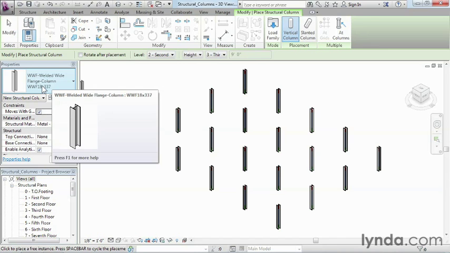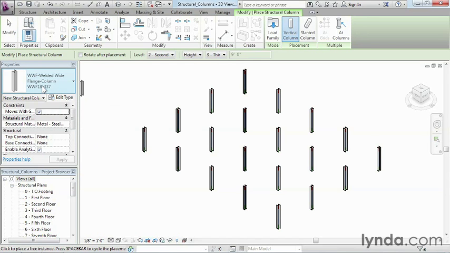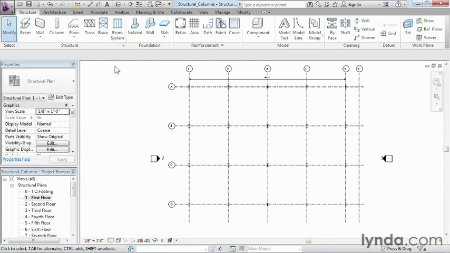Now, these just happen to be the ones between the first and second floor. We still need to place these same columns all the way on up the building. So in order to do that, let's go back to our first floor plan. Next, we're going to do that same sort of window move that we did before, and just click over here,